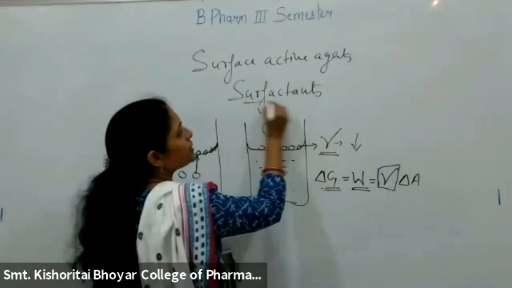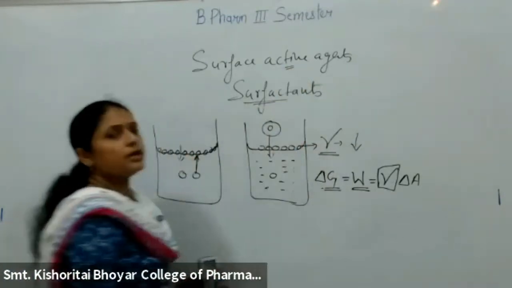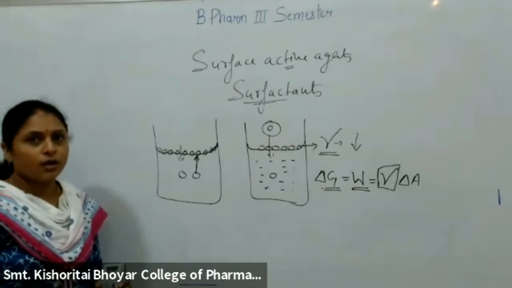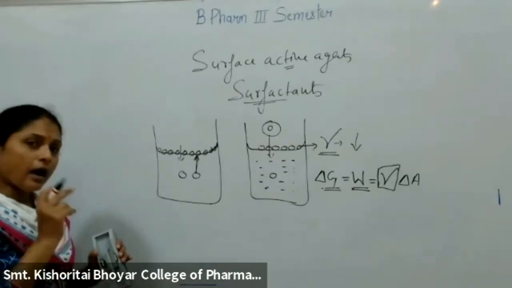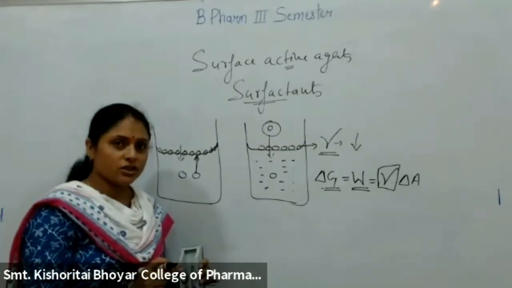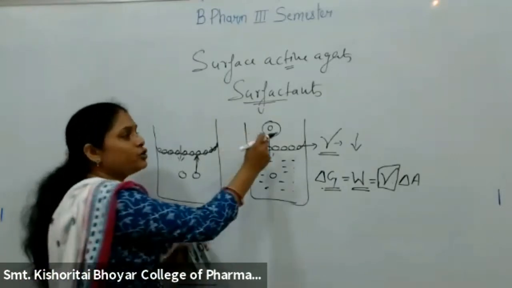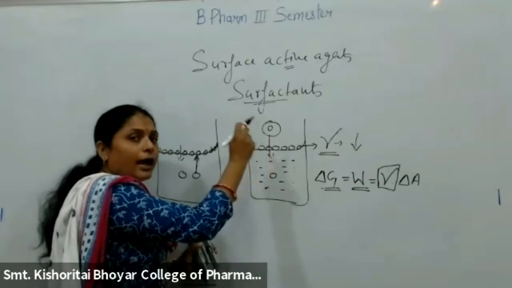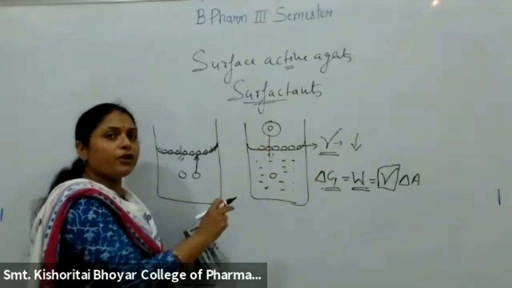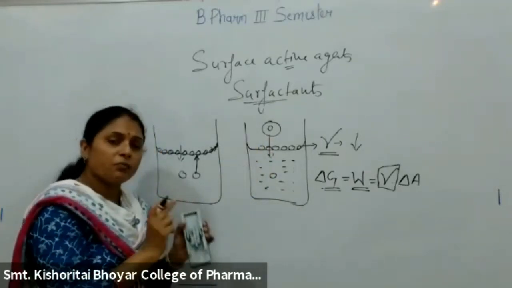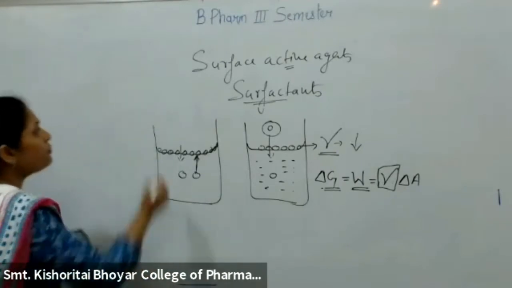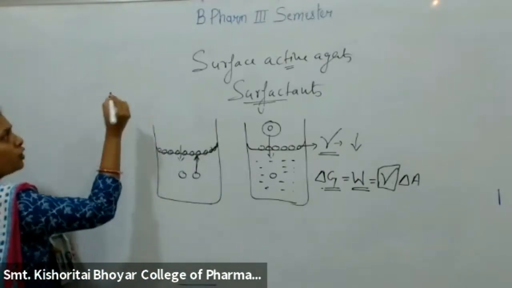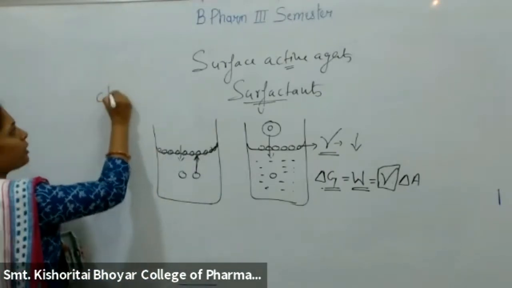These are termed as surfactants, or surface active agents. And these are able to decrease the surface tension only because they are adsorbing at the surface. They are able to remain at the surface. And they are able to remain at the surface because of having some chemical property. They have two different molecules in their structure. In their chemical structure,